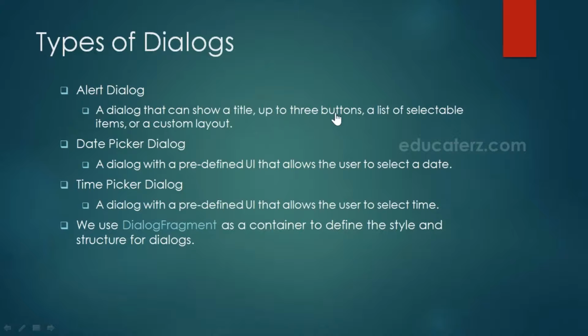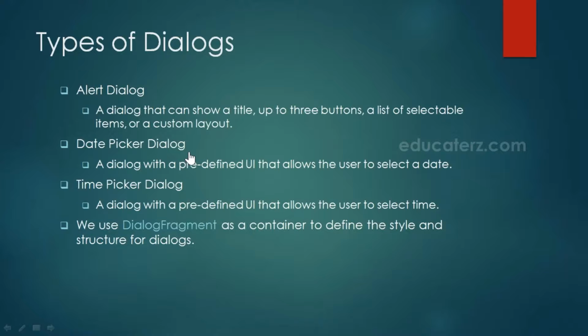So only one button. Just as I showed you, erase or cancel, that is two buttons. Sometimes you might have observed three buttons, like remind me later, or such kind of options. That is called the three button dialog. There will be a positive button, a negative action button, and a neutral button. You can also use a selectable list of items, single choice or multi choice, like check boxes and radio buttons. You can even customize your layout according to your requirements. In an alert dialog itself, you can have a login form or different kinds of information for the user.